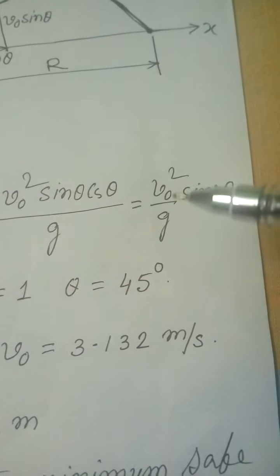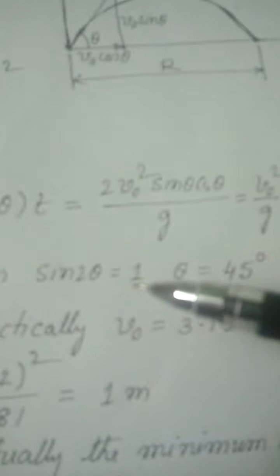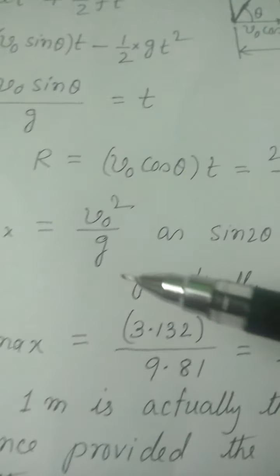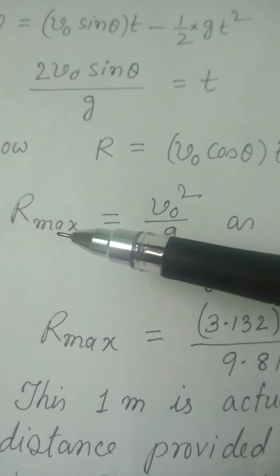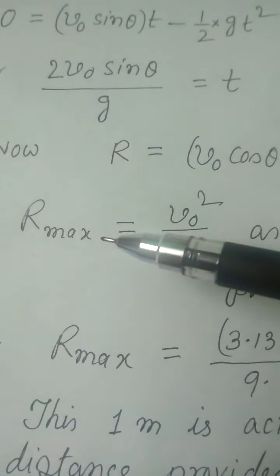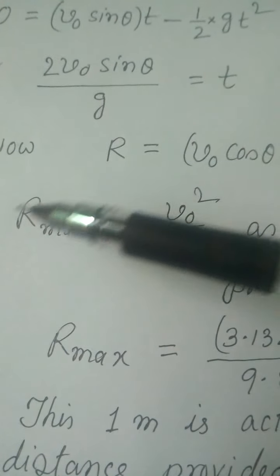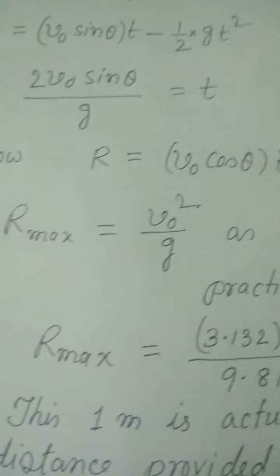Now what will be the maximum value of this sin 2 theta? It is nothing but 1, for which theta is 45 degrees. So if theta is 45 degrees, then this is the maximum range. When theta is 45 degrees, this is the maximum range, v naught square by g. Okay,